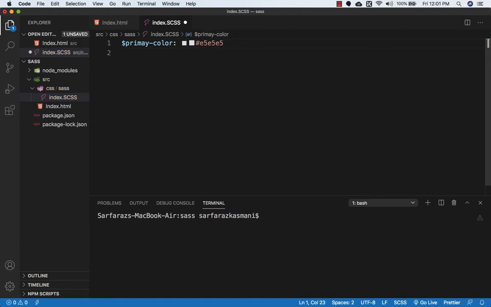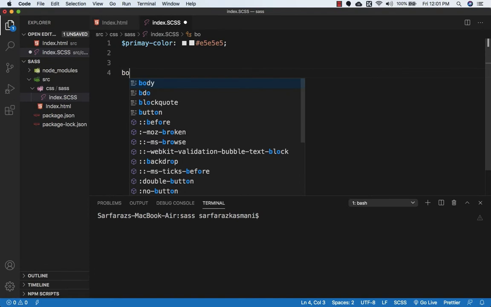Now I'm going to reuse this color throughout this application. If you use normal CSS and specify this color for a specific element, then you need to rewrite this hex value again and again when you apply this color to different HTML elements. But in Sass, you can store this hex value in a variable, which you can use anywhere in the Sass file. So here I'll create body,